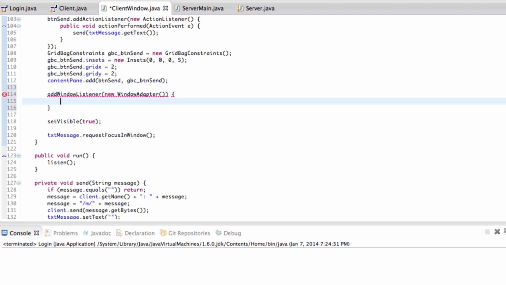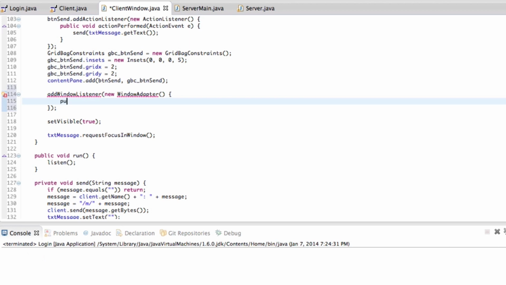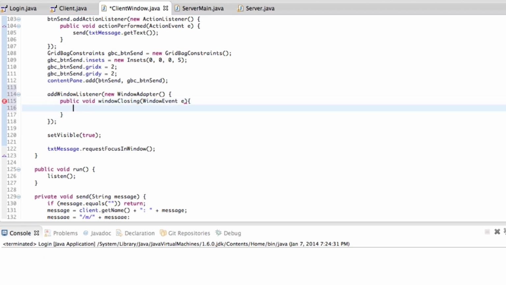And then we'll make it an anonymous method, obviously. So in other words, we'll type out the method here, because the method that it has is windowClosing. Okay, well, it has a bunch of stuff, but this is one of them. So WindowEvent e. Basically what will happen is, if we import all of this by hitting Command-Shift-O, or Control-Shift-O if you're on Windows, basically anything we type here, such as